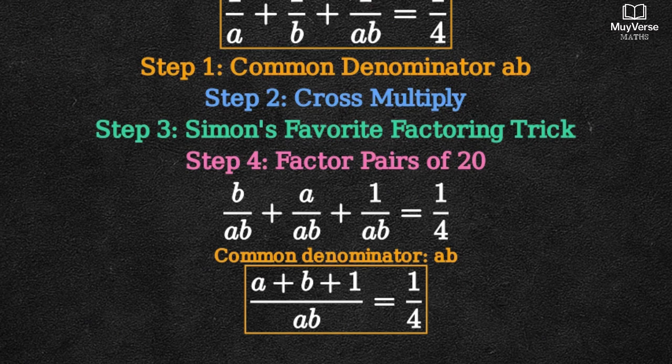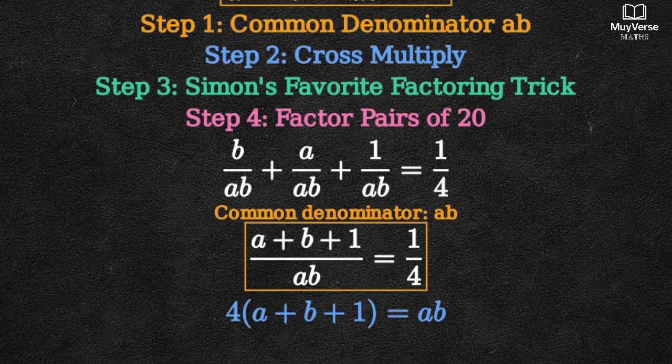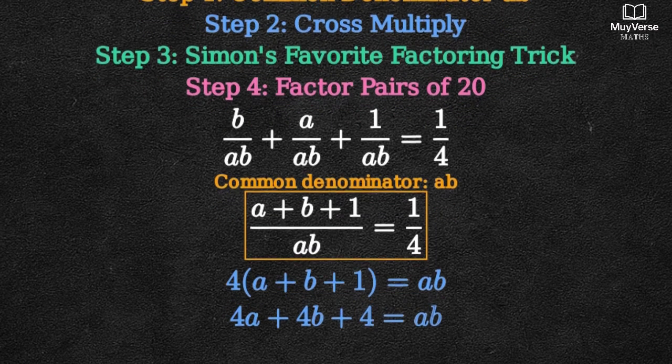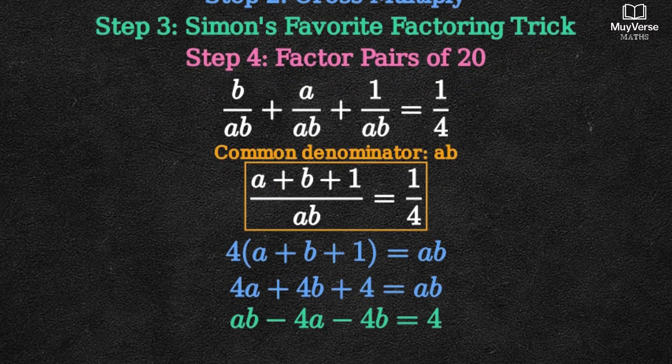Step 2. Cross-multiply to clear the fractions. 4 times the quantity (a plus b plus 1) equals ab. Expanding gives 4a plus 4b plus 4 equals ab. Step 3. Rearrange to put all terms with a and b on one side. ab minus 4a minus